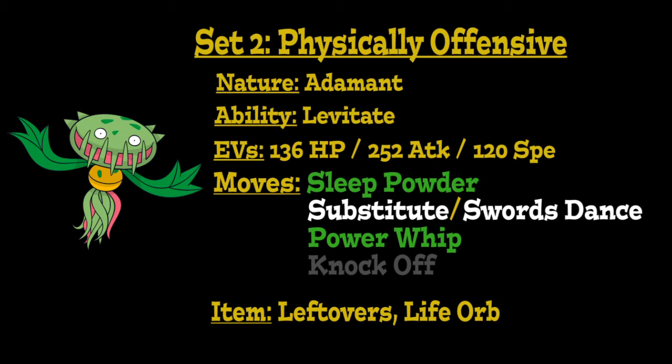But for the first move on the set, again we're going to be running Sleep Powder, as the sleep utility that Carnivine gets is so useful, and sleep is one of the best statuses in the game obviously because it just prevents your opponent from attacking, which will also then give Carnivine a free turn to set up, either through the use of Substitute to get behind a protective barrier to shield you from attacks and statuses, or Swords Dance